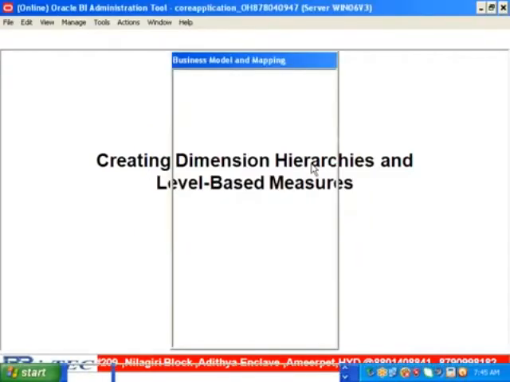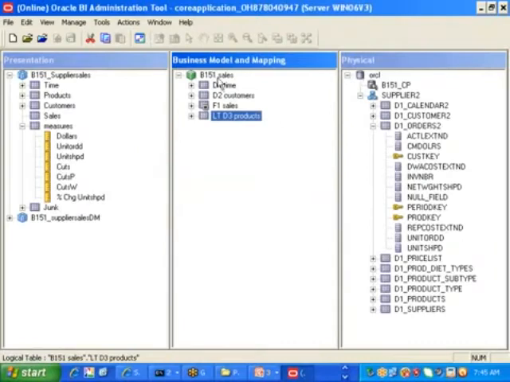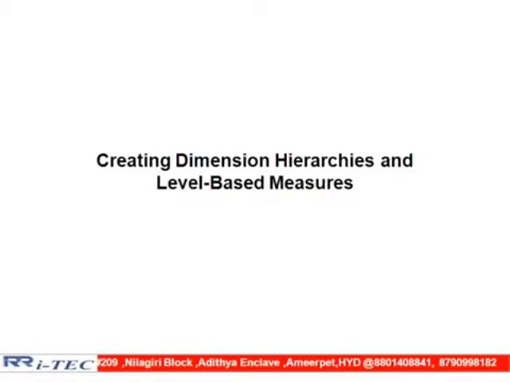Right. At the end of this chapter, we need to understand how to create hierarchies for our three dimension tables. One is time, second is customer, third is products. As of now, we understand what a hierarchy is. Can I define hierarchy in this way, sir? A one-to-many relationship is called a hierarchy. Generic one-to-many relationship is hierarchy.